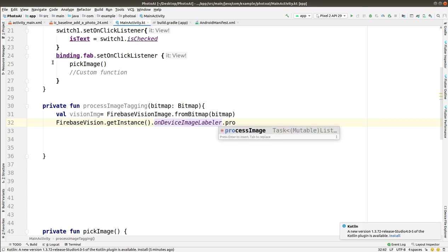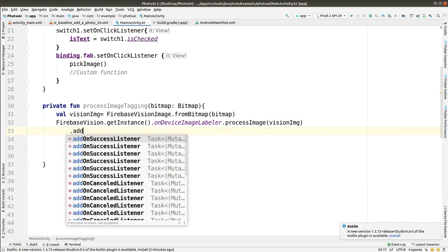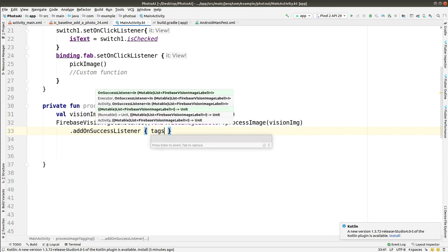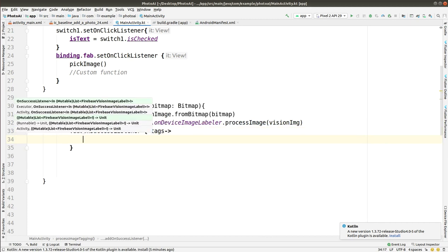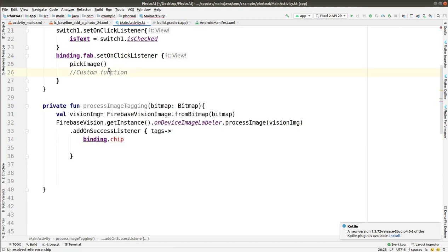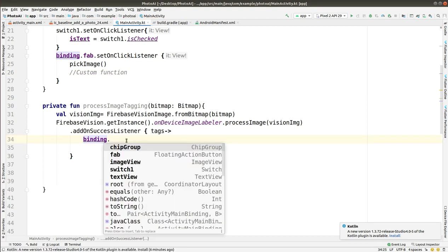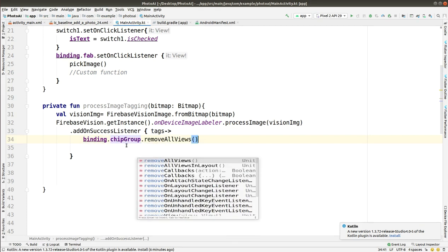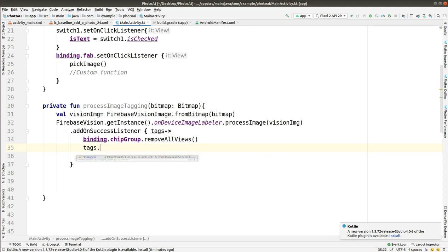Then, using Firebase Vision and getting the instance of it on device image labeler, we further process the image that we get from the vision image bitmap, and after this we will be adding its results to a chip group. The chip group that we created at the end of that XML file will be able to show those results.